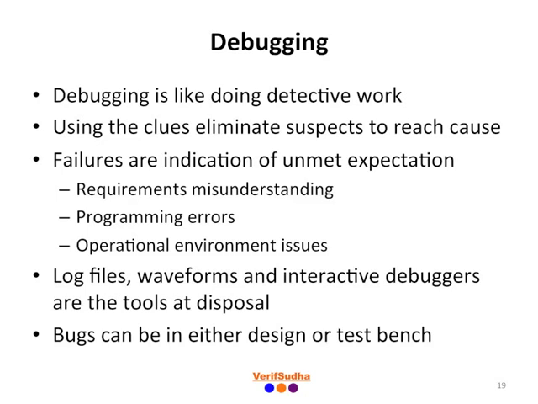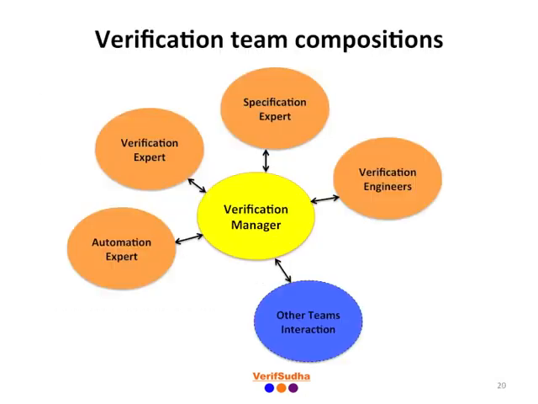Let's briefly look into the people aspects of verification. Let's look into the composition of verification teams. Let's take a look at with whom verification engineers will share their office space. This also gives a broad idea about the career path for verification engineers. There are 5 key roles in the verification project. Note that multiple roles can be played by a single person, or a single role can be played by multiple persons. It depends on the needs and the priority of the project.